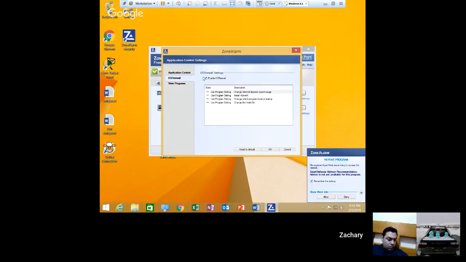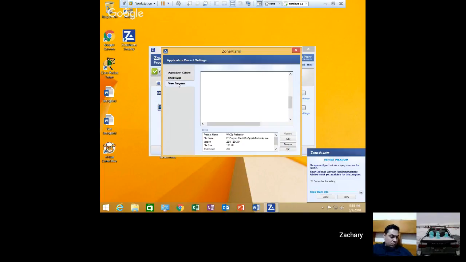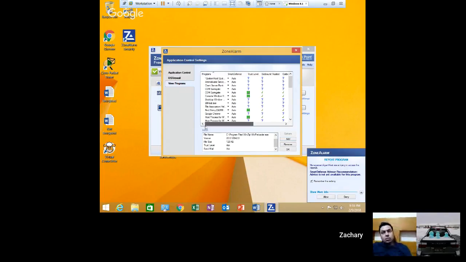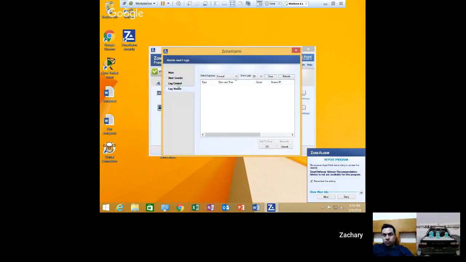The OS firewall settings are just basic settings configured for Zone Alarm. And the catalog utilization is just cataloging everything and all our settings that we have set. And down here, we can add or remove our own customized programs with their respective rules. The basic firewall, you can look into the